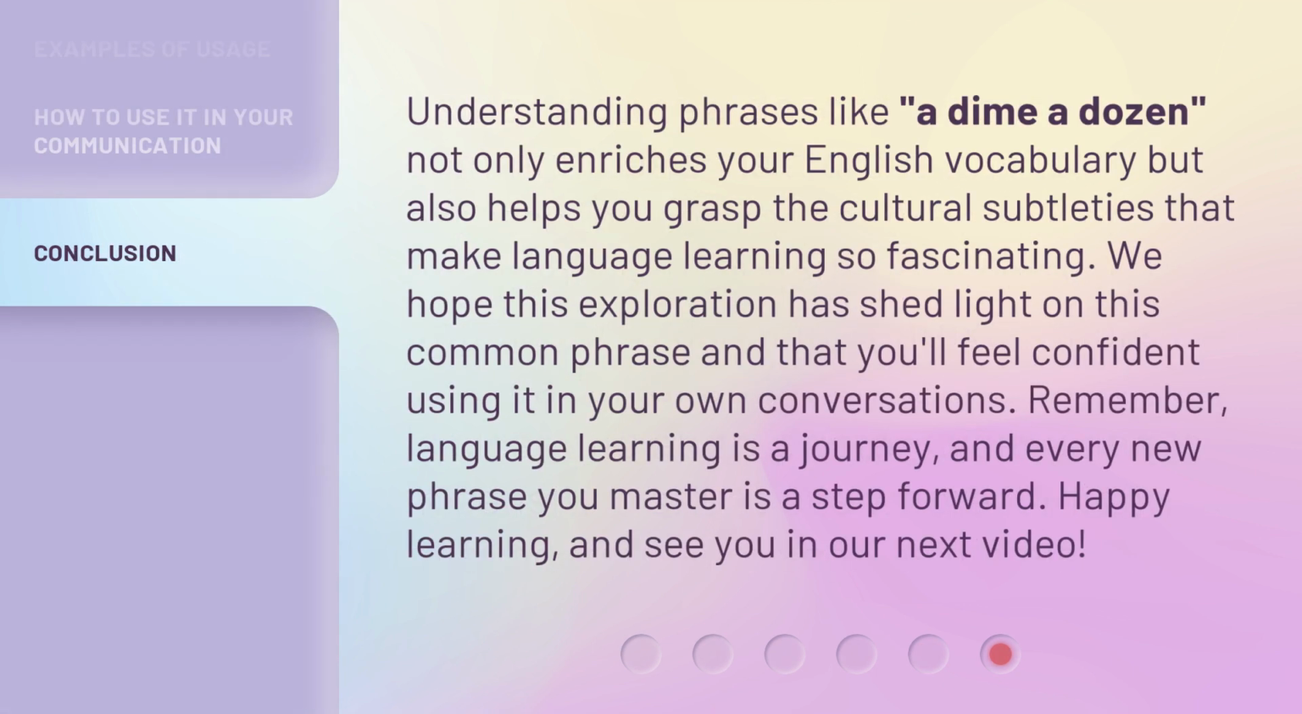Understanding phrases like a dime a dozen not only enriches your English vocabulary but also helps you grasp the cultural subtleties that make language learning so fascinating. We hope this exploration has shed light on this common phrase and that you'll feel confident using it in your own conversations. Remember, language learning is a journey, and every new phrase you